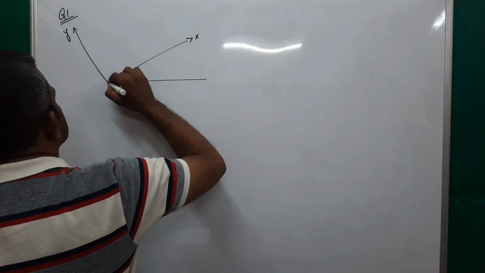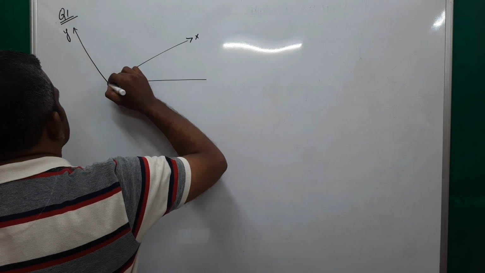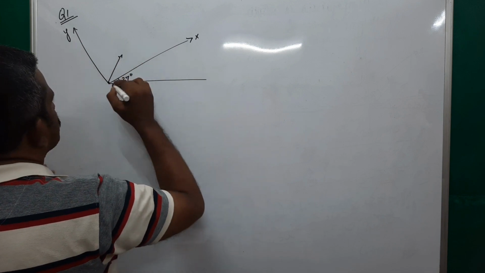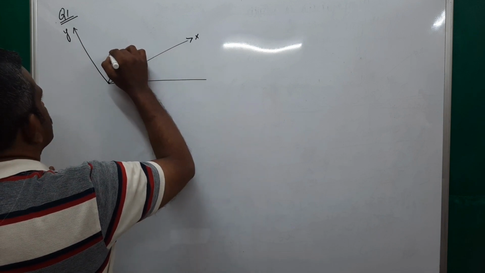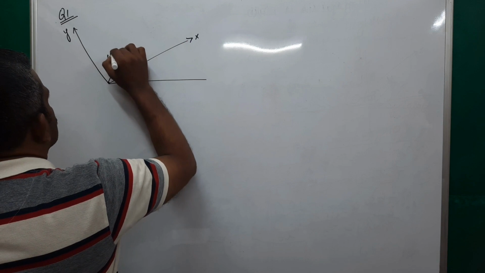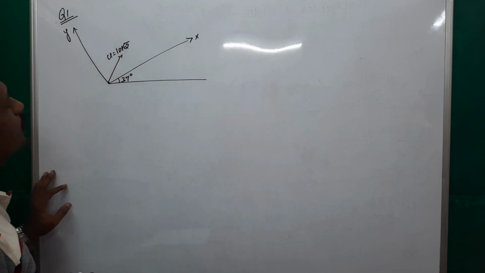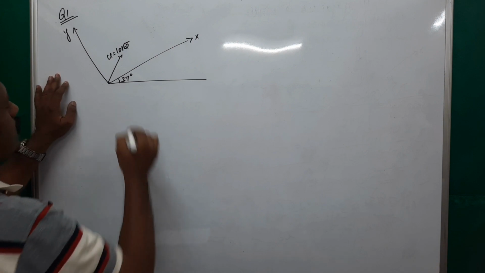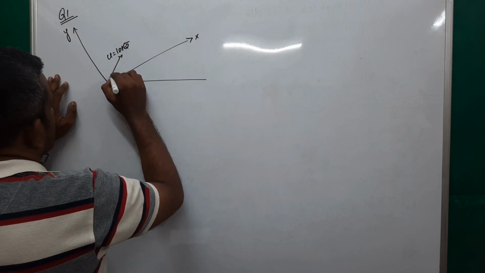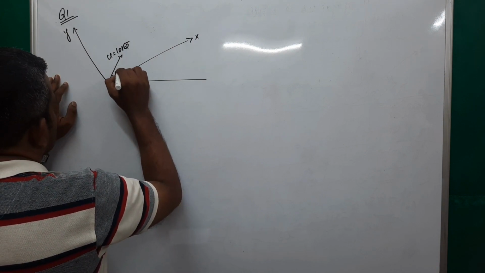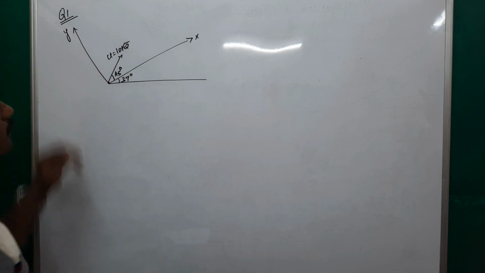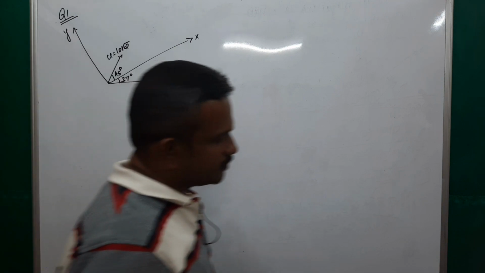An object is projected from here with the initial velocity, that is U is equal to 10 root 2, with the angle 45 degree. Find